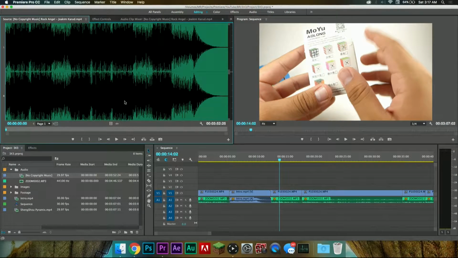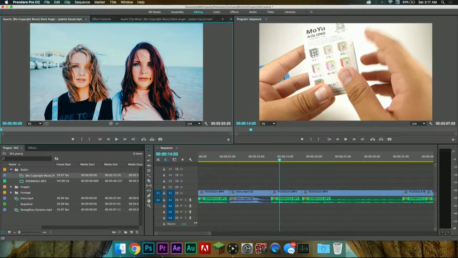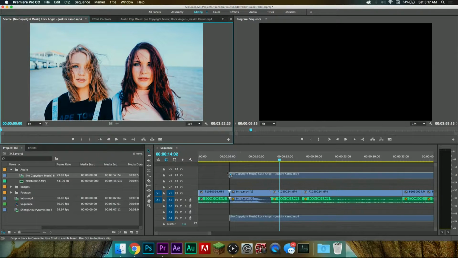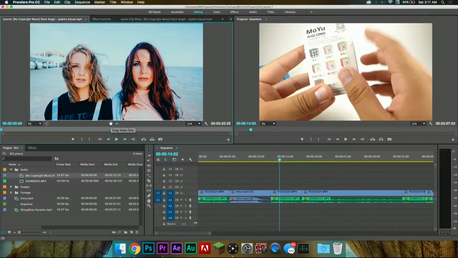Okay, so in this window, there are these two buttons. This is video, this is audio. If you want to drag both the video and the audio, you drag the image into your sequence. Now you've got, as you can see, both video and audio. But if you only want the video, you only drag in the video. If you want the audio, you only drag in the audio. That's pretty simple. So right now I only want the audio, so I'm going to take the audio one and